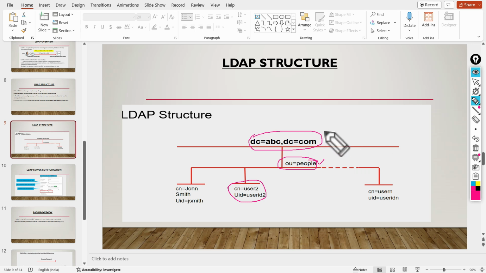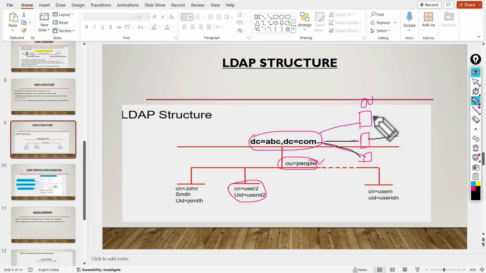So we can consider it this way. This is the main root. Here we have created one container. This container is known as the OU, which means different departments. Different types of OU can be there, and all those OUs will be part of this root.